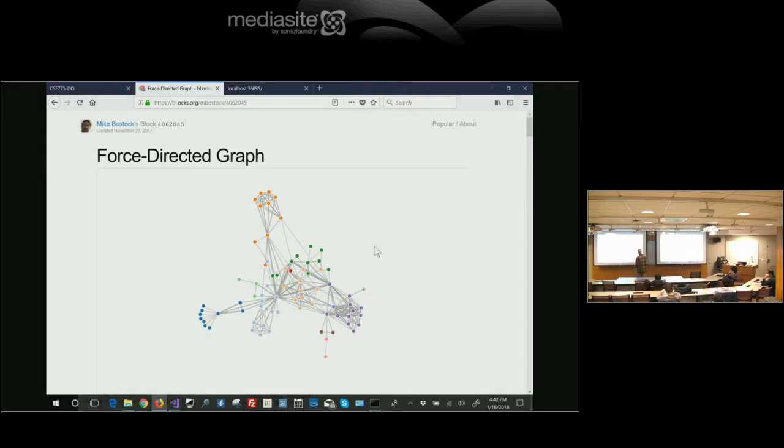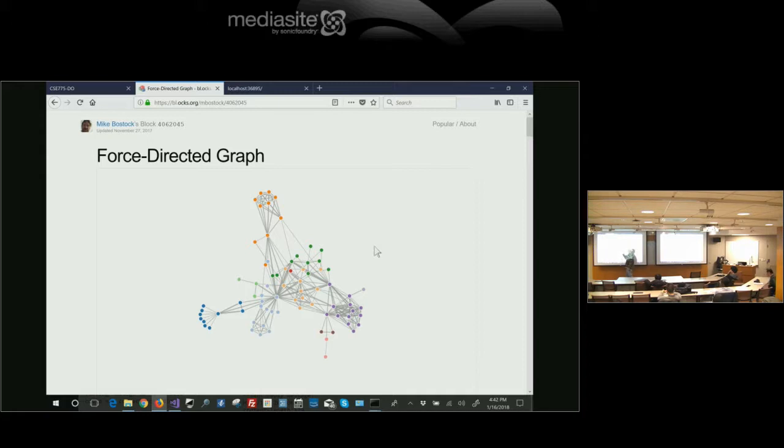But this uses a physics model that says each one of these nodes has a repulsive force, maybe an inverse square law repulsive force. Get them real close together and they push out very hard. But as soon as they start to get farther apart, the force gets weaker and weaker, because it's 1 over the distance between them. The arcs are a spring that's linearly trying to pull them together. And so with the physics, you start in any old configuration you want, and the physics makes it spread out.